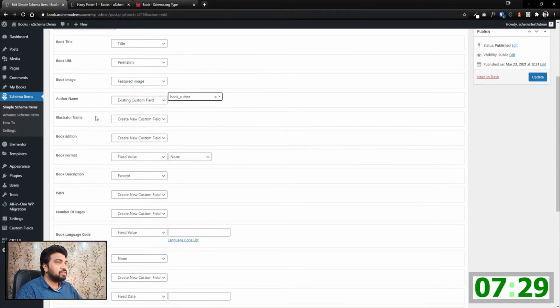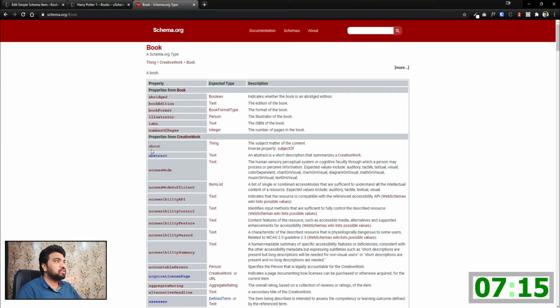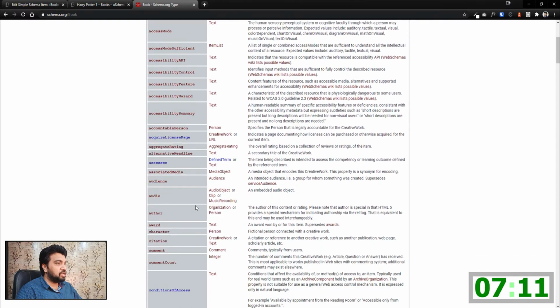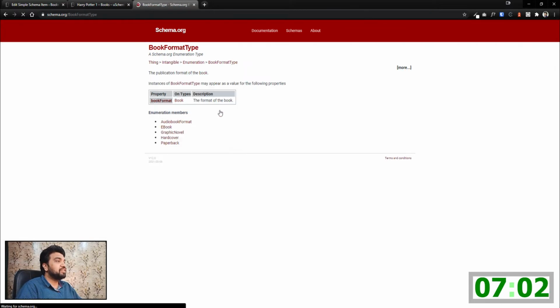Illustrator name, let's skip it for now because I don't want it to be used. Okay, so then we have book edition, I'm not going to use it for now. Book format, this will be a fixed value. Let's check what is a book format, and you'll see that it is a paperback or something like that. Let me just, okay, book format type. If I open this thing,